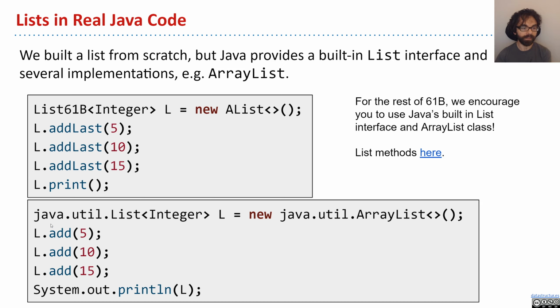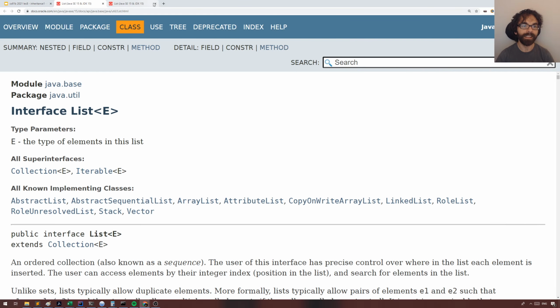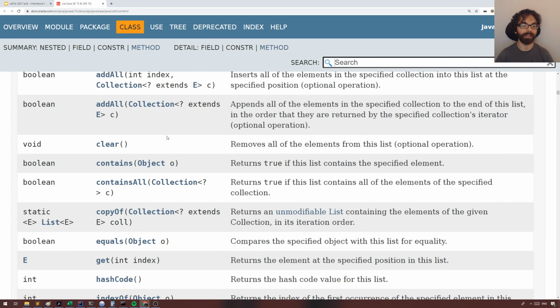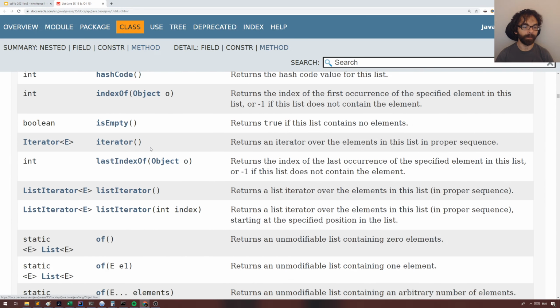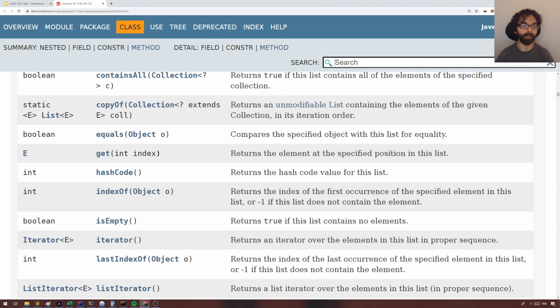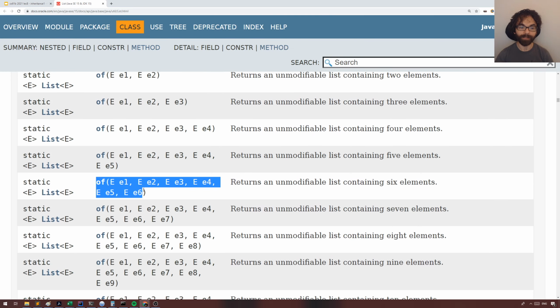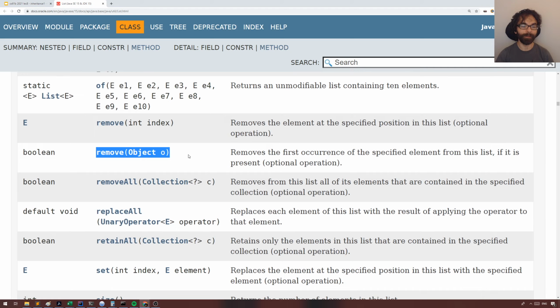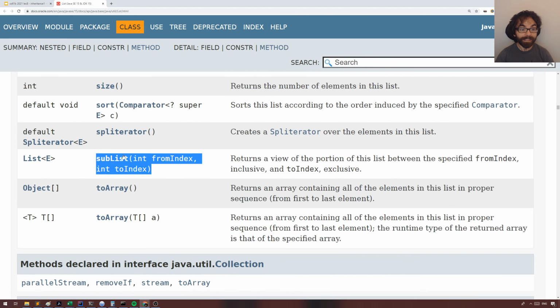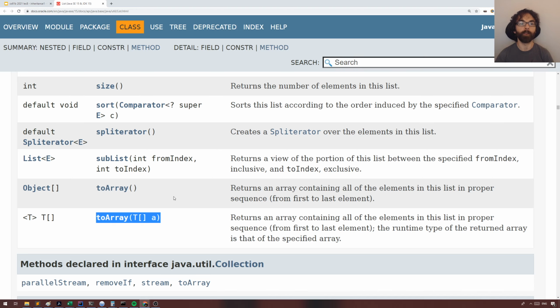Now this on the left is an interface just like the one we had. You can't instantiate a List. So if you want to have a list, you have to instantiate a specific implementation, java.util.ArrayList in this case, but there are others. Now, one of the convenient things about the List interface, other than the fact that it already exists, is it has a lot more methods than the one that we created. So it has an add method and a get method, but it also has many other things, like a special method that tells if a list is equal to another. It has this method called of, which is somewhat mysterious. It's got a remove method. It's got size, it's got subList,